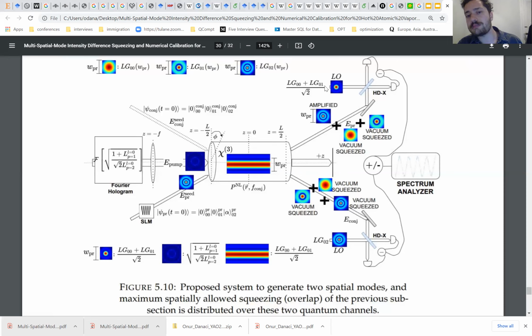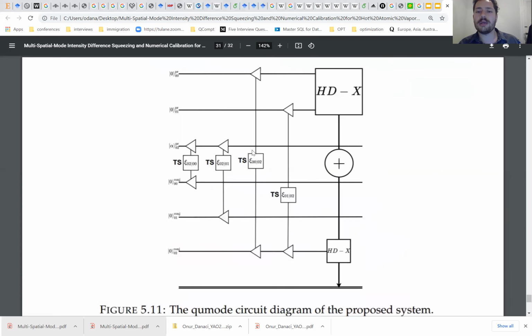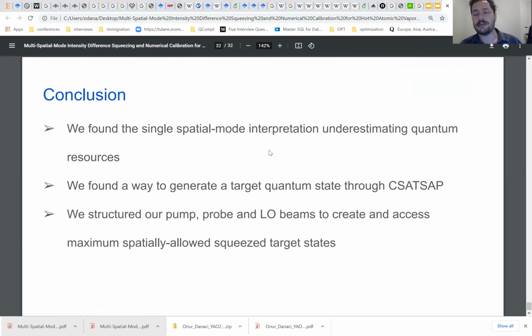You create this beam, and you can filter out and access only this by a structured local oscillator for the seeding beam, and you can also access its counterpart in the conjugate beam by structuring your LG-02 local oscillator beam, in such a way that you can jointly homodyne them. Yes, you have this parametric amplified 0-2 to 0-0, 0-2 to 0-1, but you also have vacuum squeezing for these modes, and you can access this hitherto inaccessible information by carefully tailoring your local oscillator beams and then taking their electronic sum or